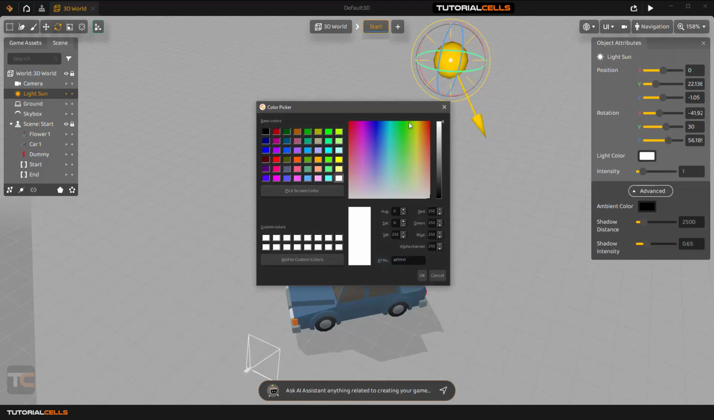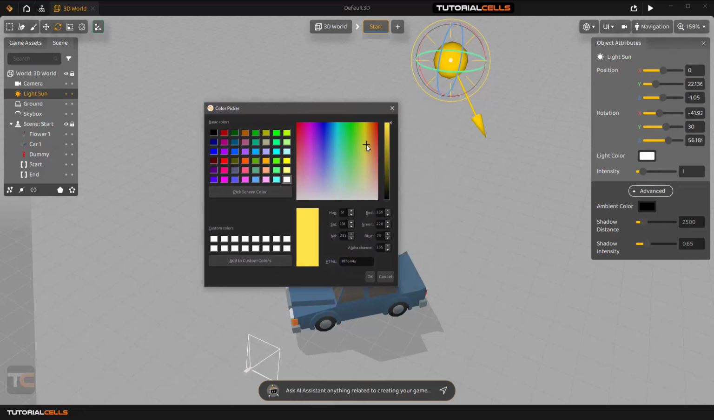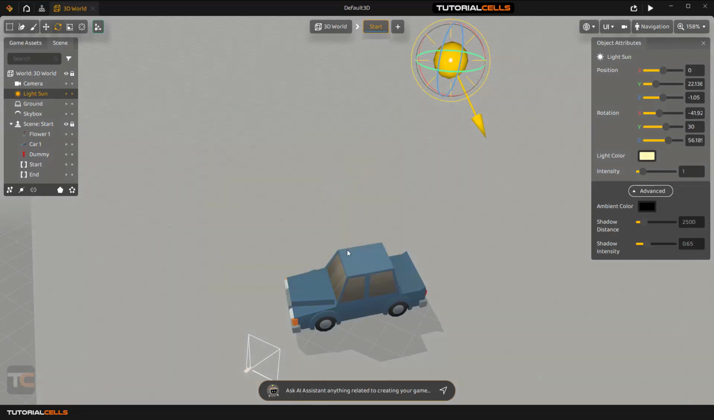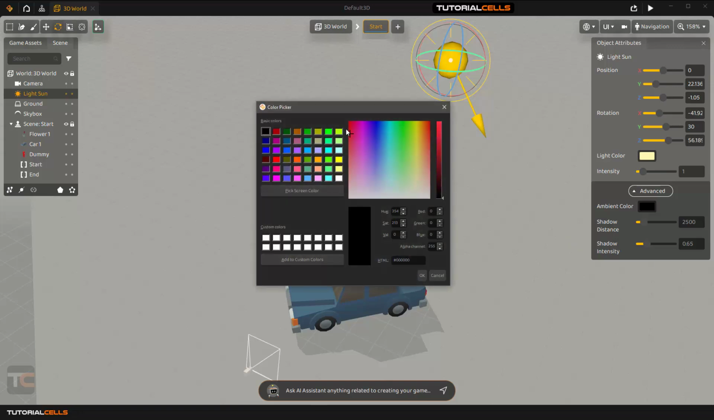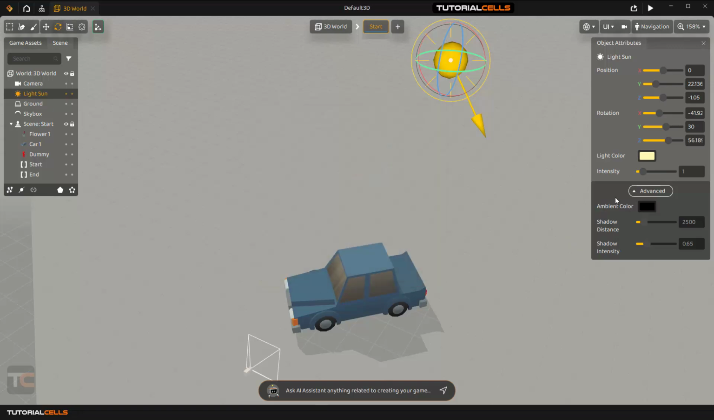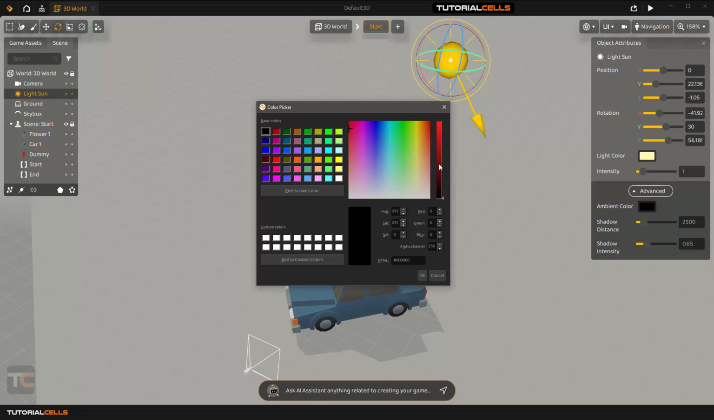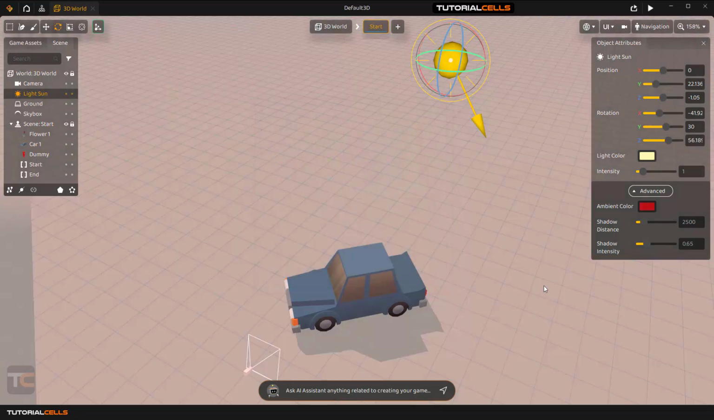You can change the color of your sun, very easy. A simple light. Now you can see we have sun. This is an ambient color. You can change overall color of the scene. It's completely dark. You can see you can change overall scene ambient